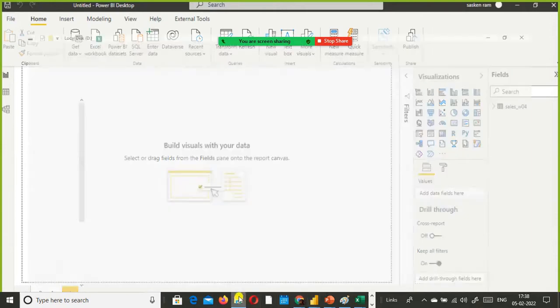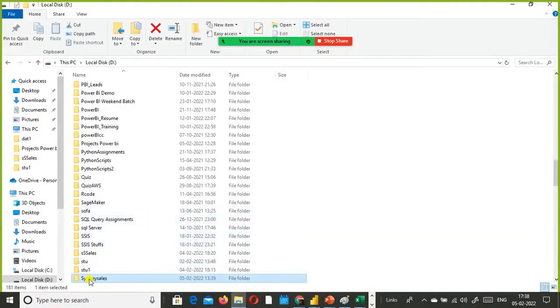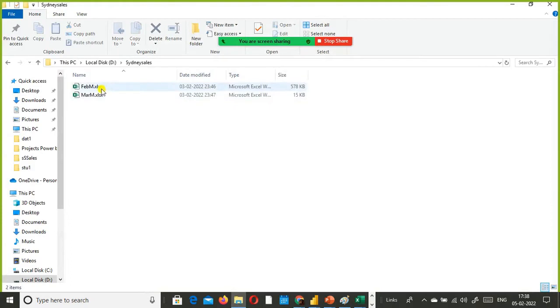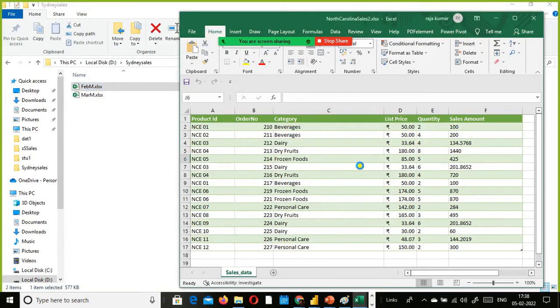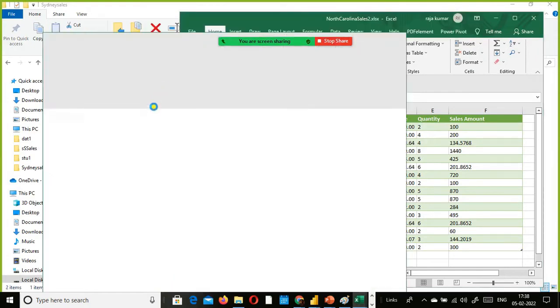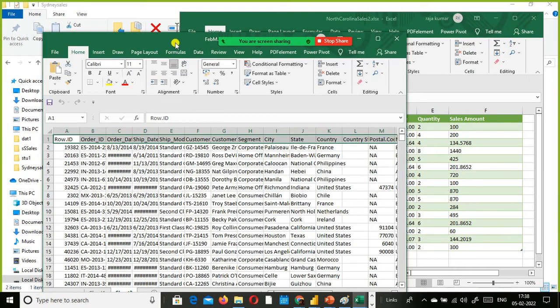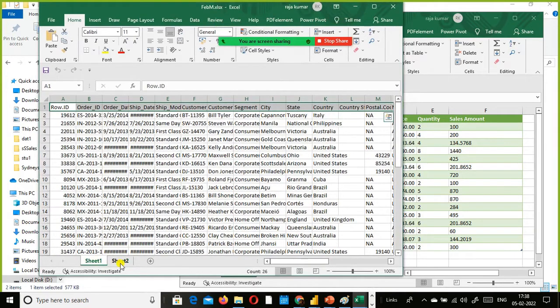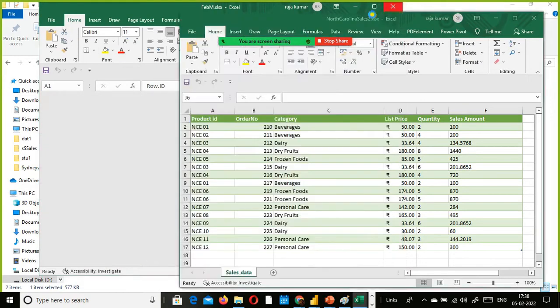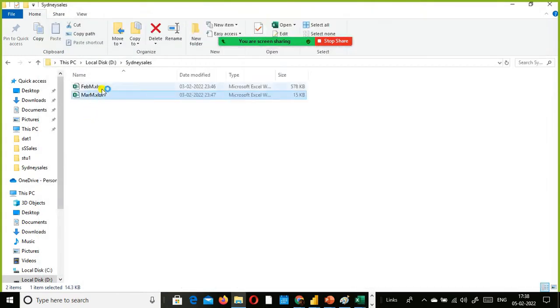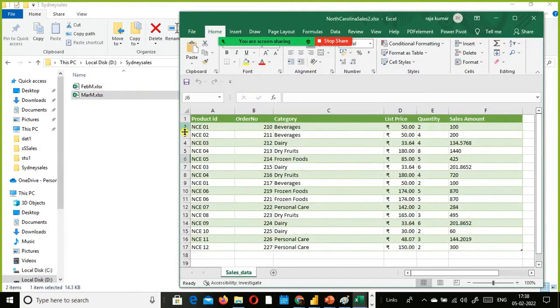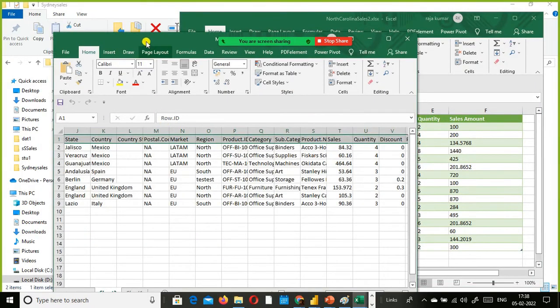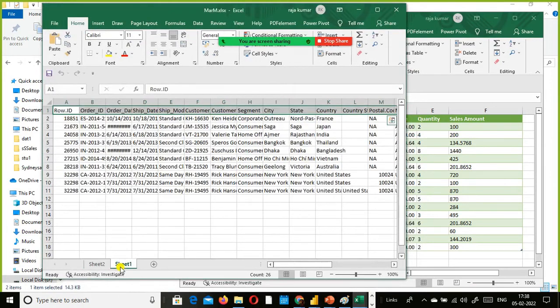I have a folder by the name of Sydney Sales. Here I already kept two files, February and March. When you open these two files, I have two subsheets here, two sheets. I close this, and in March also I have two sheets.